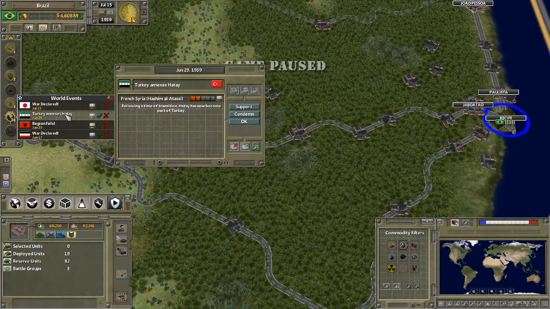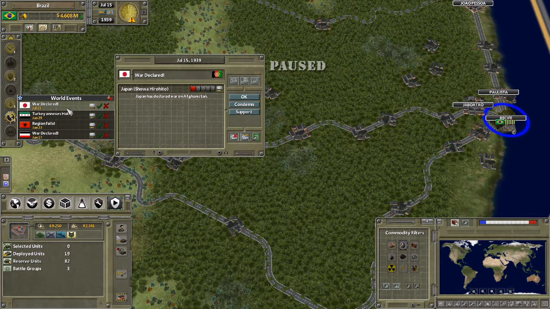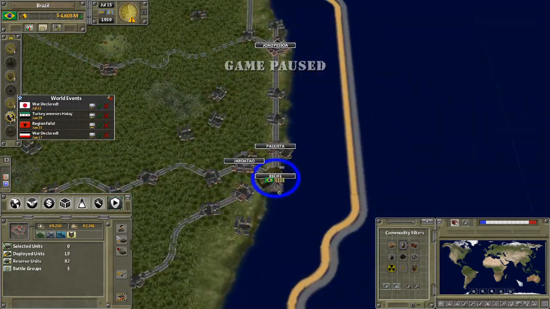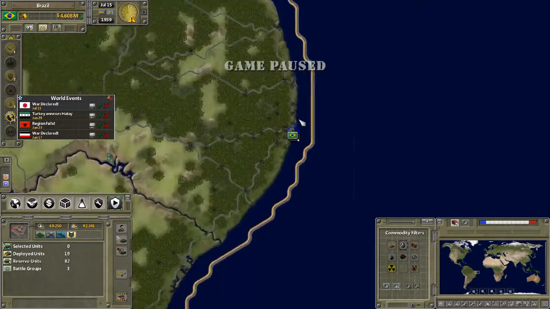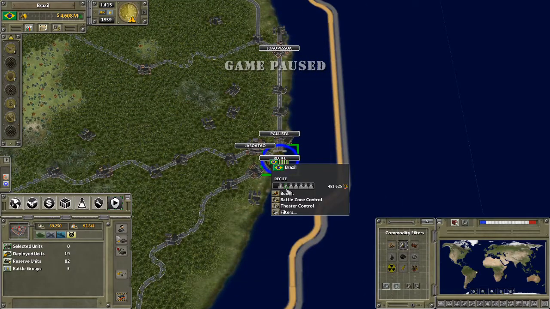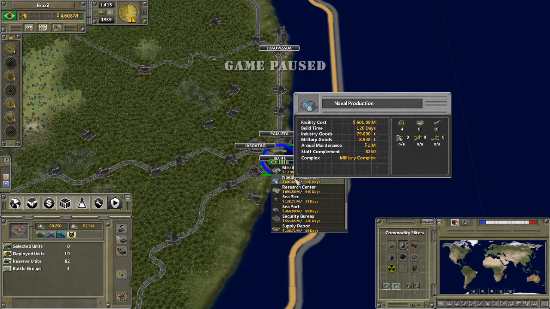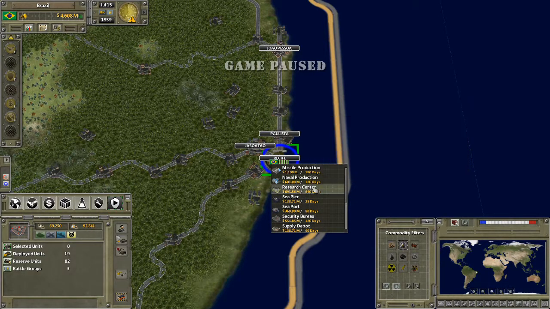Must be another war. It's here to become part. Japan has declared war on Afghanistan. Slightly random. Not quite sure how Japan's going to manage to invade Afghanistan, but that is between the Japanese War Ministry and